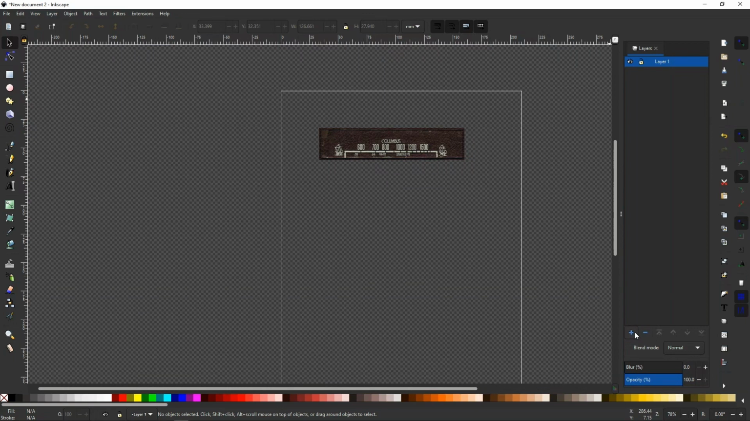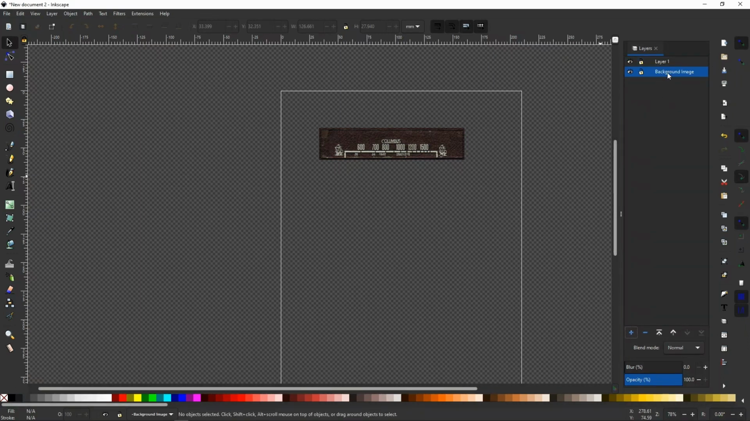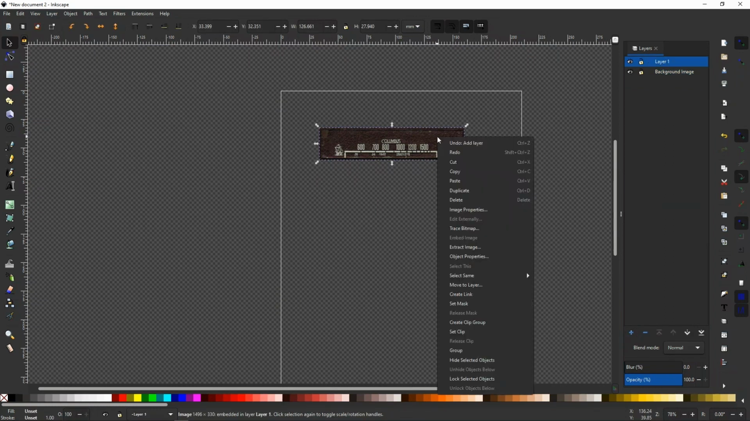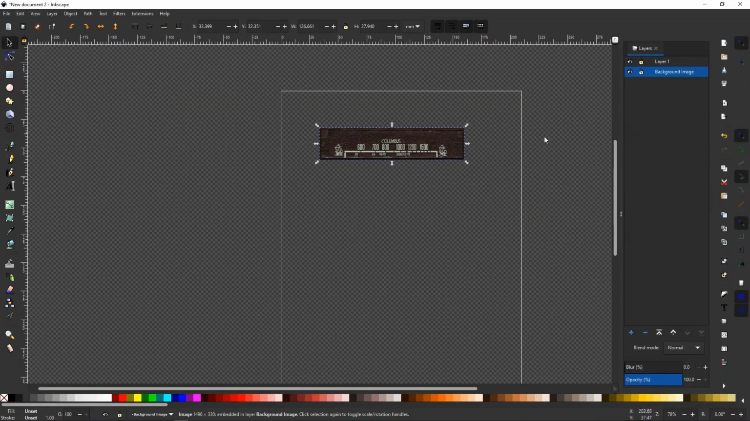So let's create a new layer, and we're going to call it background image, and we're going to put it below the current one. We basically want it at the bottom of the stack so that everything else we do is on top. This is currently on layer 1. If we right click on it, then there's an option down here called move to layer, and we can move it to the background image and then lock it. So that's now in the background. We can turn it on and off, and we can work above it,